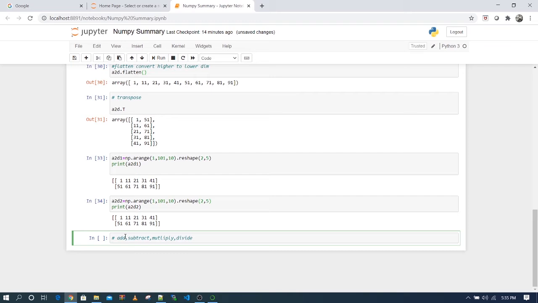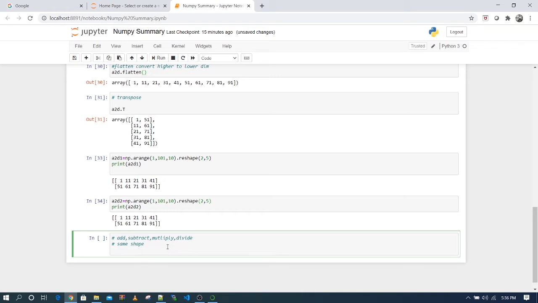These methods will perform element-wise operations. To add these two matrices element-wise, first of all you need to have the same shape, otherwise you cannot add them. That's why I have taken same-shape matrices. Elements can be different but shape must be the same.